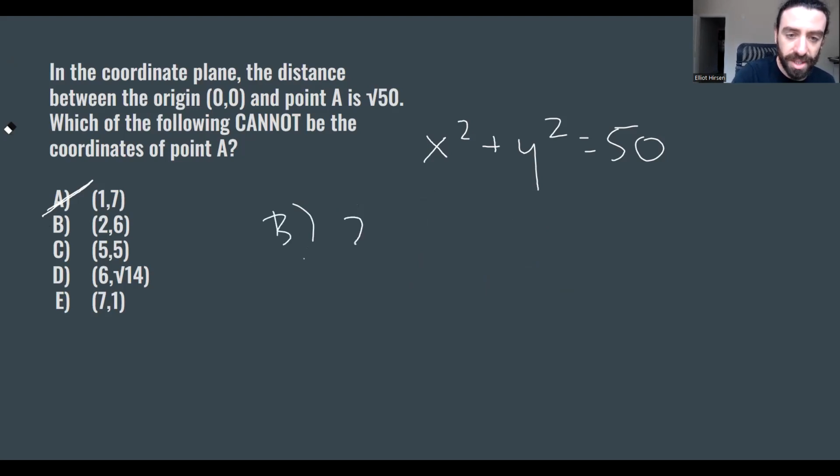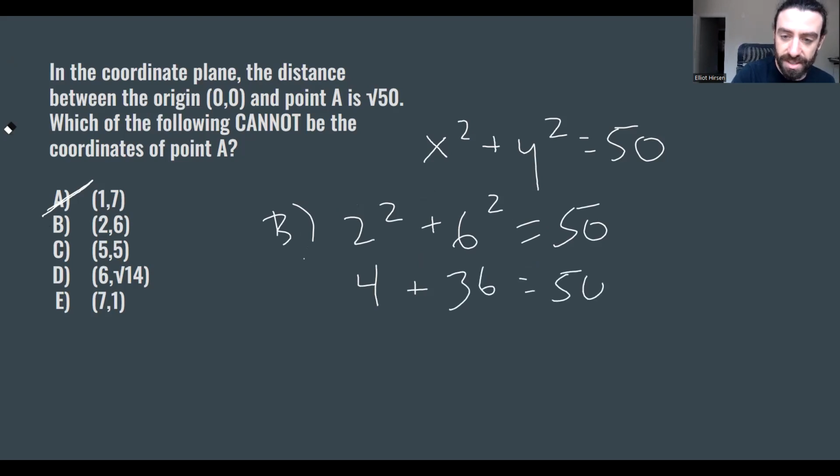Okay, everybody should be playing along at home by now on your own scratch paper. So here the coordinates are 2 and 6. 2 squared makes 4, and 6 squared makes 36. Does that equal 50? No, it does not. Okay, so because here x squared plus y squared does not equal 50,